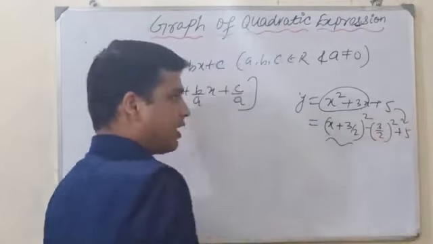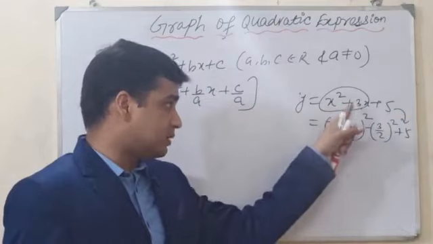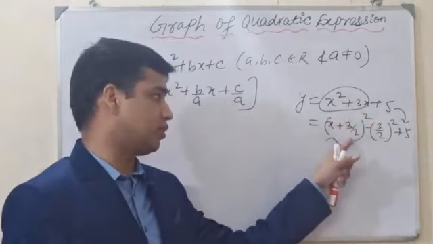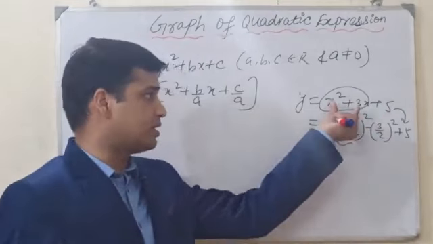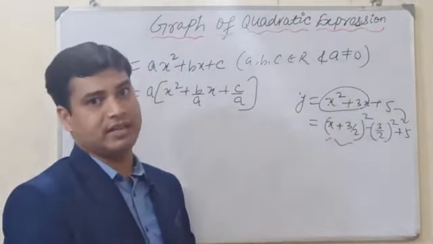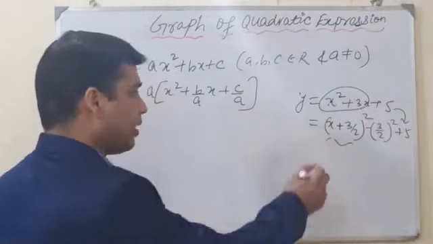I hope you are getting all these things. What we have to do: first, x plus sign is there, so plus, half of the coefficient of x, so (3/2) whole square of this. If you open this, you will get these two terms. So what is the extra? This (3/2) whole square is extra, so we need to subtract this, and this one stays the same as it is. Now I am doing the same here.